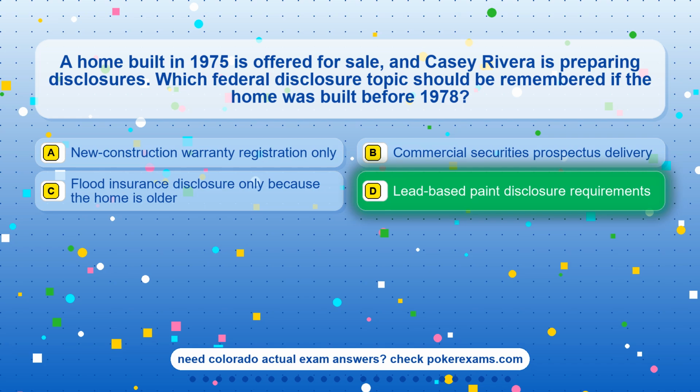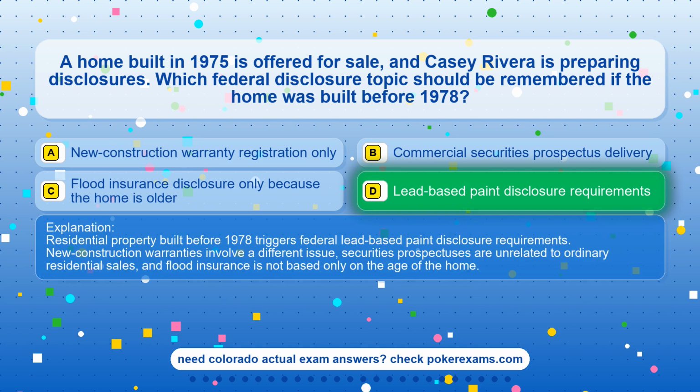The correct answer is option D. Lead-based paint disclosure requirements. Residential property built before 1978 triggers federal lead-based paint disclosure requirements. New-construction warranties involve a different issue. Securities prospectuses are unrelated to ordinary residential sales, and flood insurance is not based only on the age of the